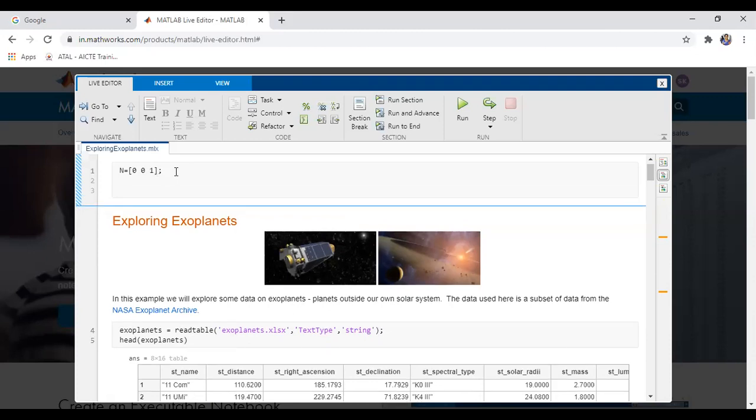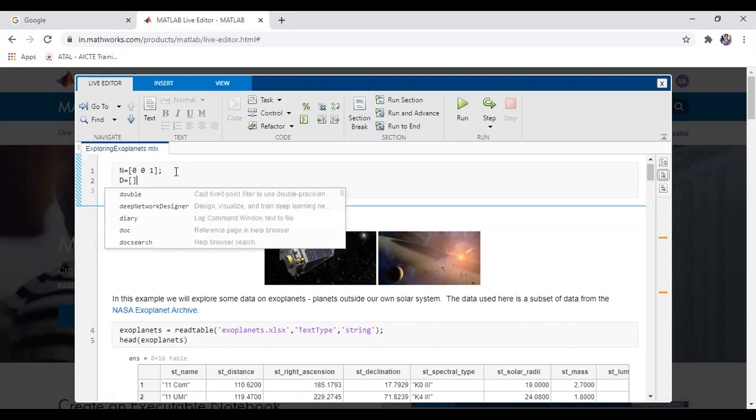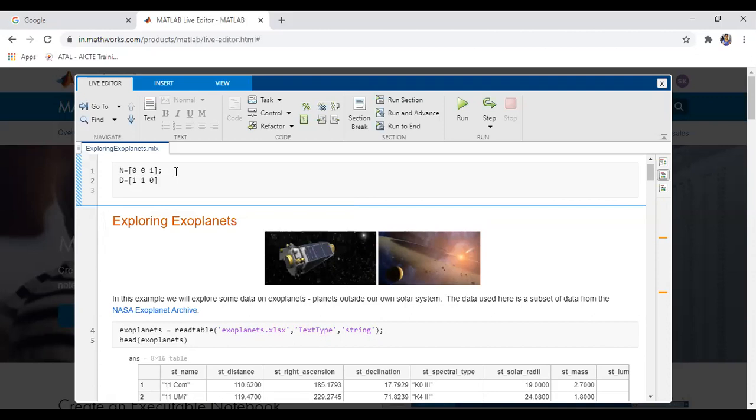So d equal to, and suppose our d is 1 space 1 space 0. From this, what will be the transfer function of the system? If numerator and denominator are given, then our system is 1 divided by s square plus s plus 0.